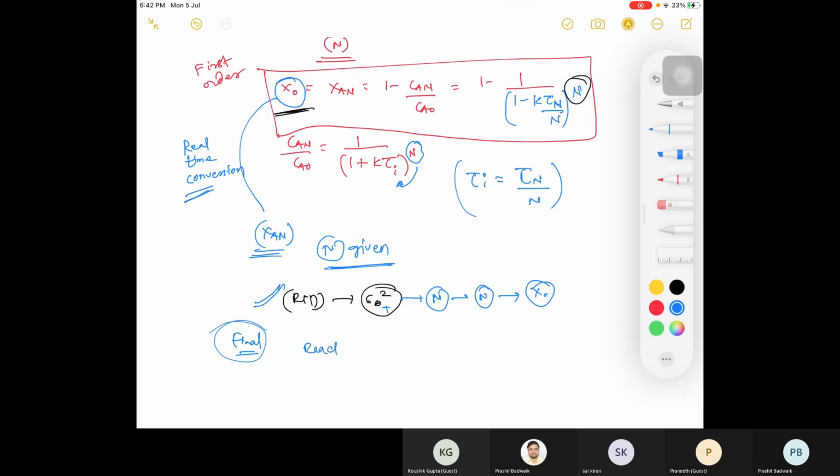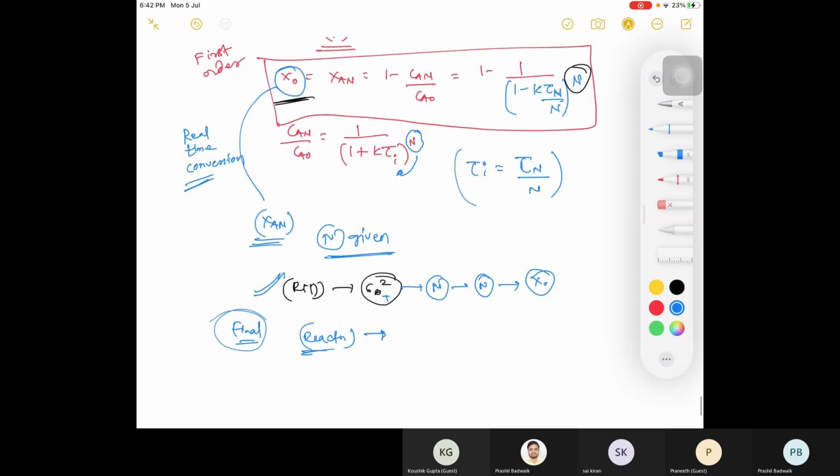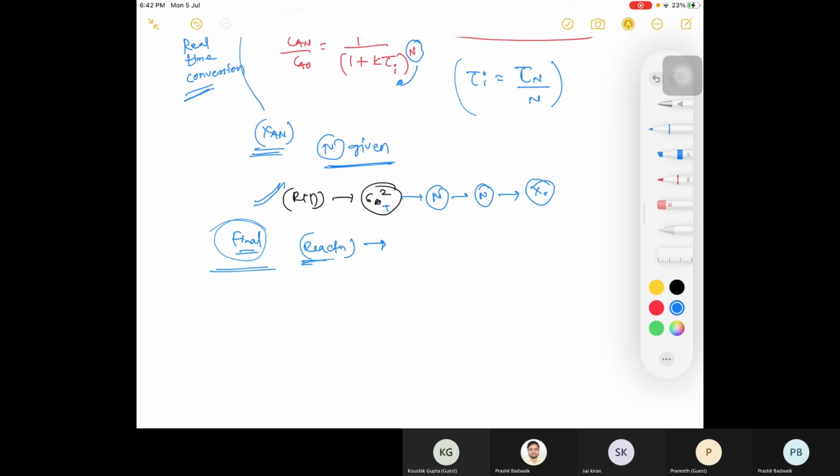Suppose a reaction is given and they are saying, please find out. Suppose there is a new reaction, or any reaction that has been discovered recently, and you have been given a final year project under any guide you can choose. Your project is finding out the kinetics of a particular reaction. What will you do in that case? In a reactor, suppose a CSTR. What will you do in that project?